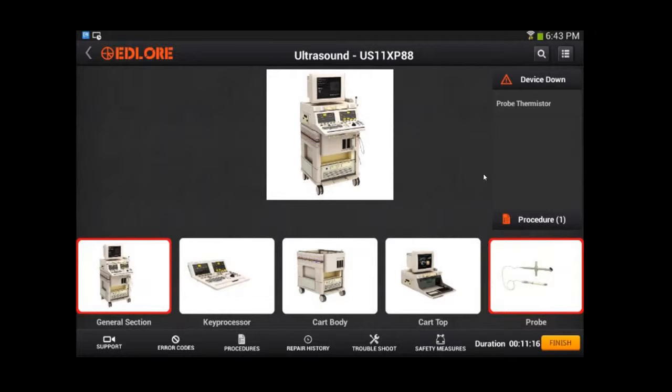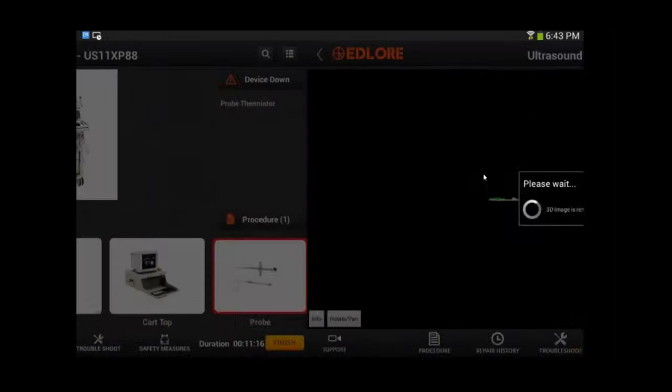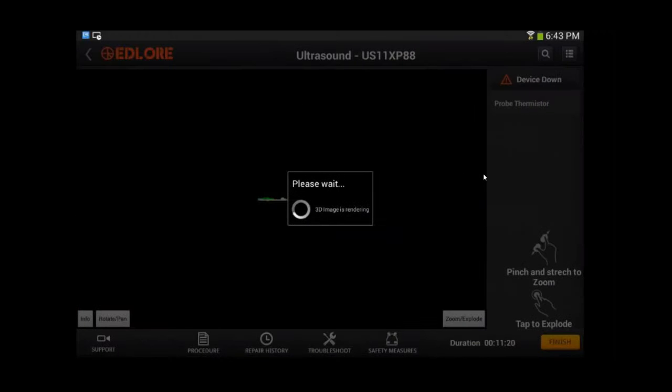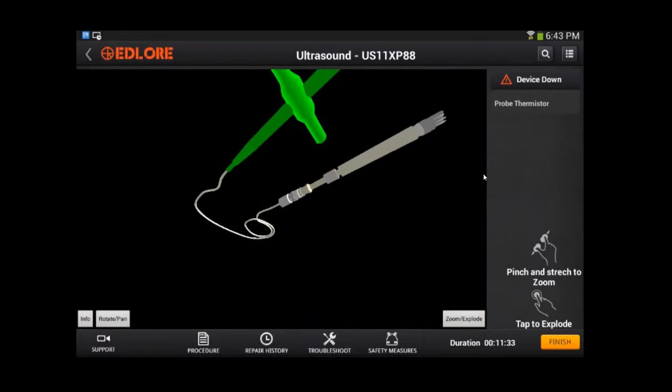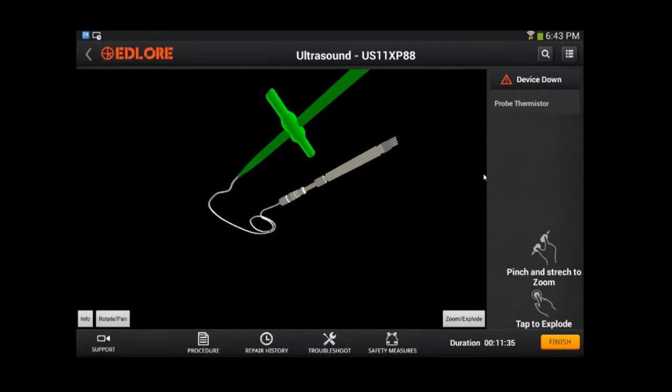Okay, so we'll enter the probe section now. And I just wanted to see what Edlore has done is separated the model. Now it is showing just the component which is in trouble. Again, we can zoom this apart, explode, and get a nice view as well. You'll notice Edlore has highlighted this in neon. This is based on the metadata that's available on the 3D file, how we're able to know what part to